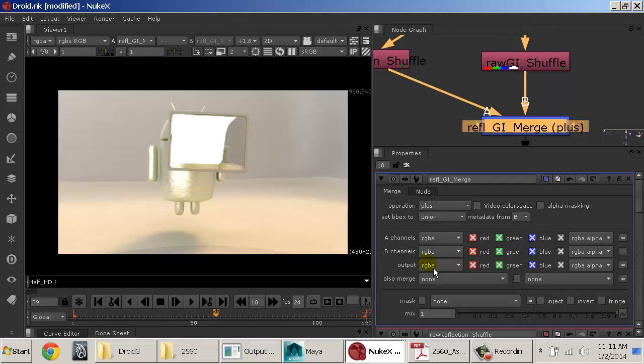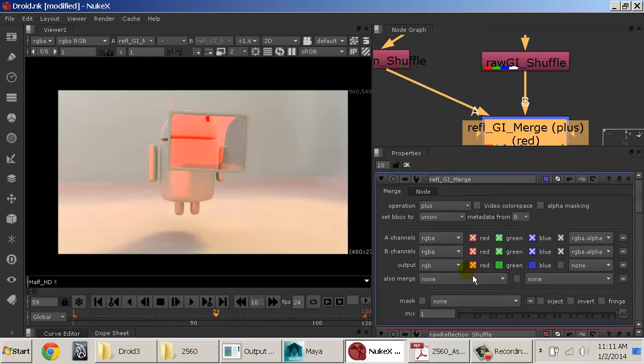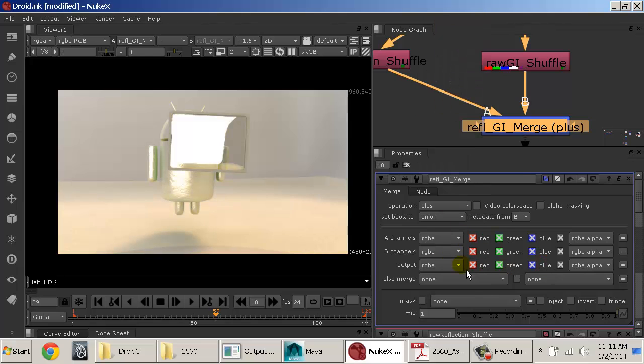Okay, and then I can say, what do I want to output? I just want to output the RGB, or let's say just the red channel. So you can specify on a lot of different degrees what you're bringing in and what you're taking out. Now one thing I want to do is this highlight in here, this reflection is terribly